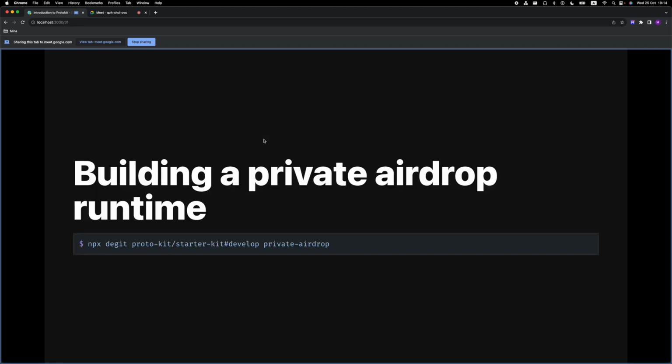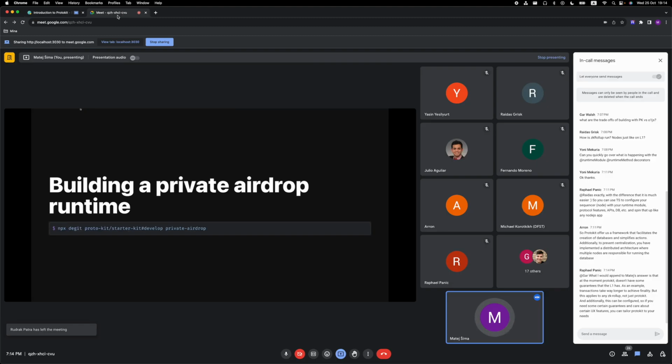All right, so the last part of the workshop, I believe we have about 50 minutes left, so we might not do a live coding session, but I can walk you through how the airdrop code that we have seen for the smart contract would look like in a Protokit runtime, what kind of components you would have to build for that, and how the test would look like, and how the overall developer experience would be. So, assuming we don't have any other questions,